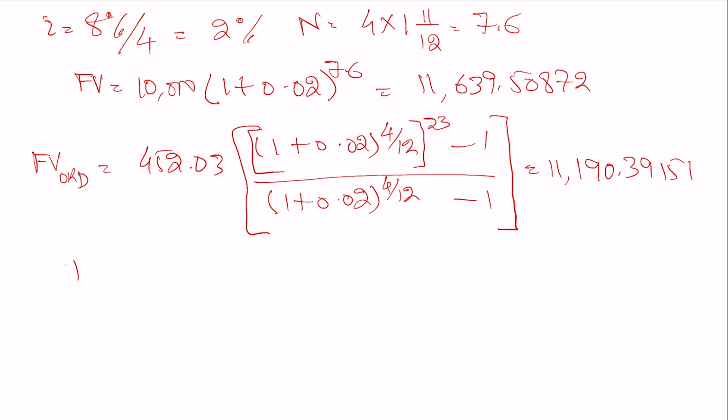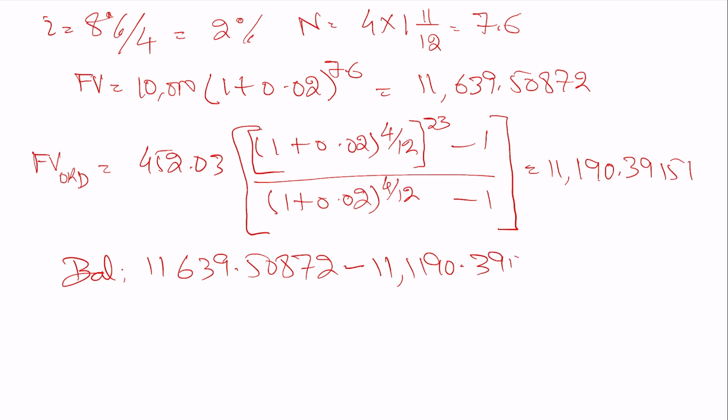So the balance based on this is 11,639.50872 minus 11,190.39151. If we apply this whole, we get 449.117209. And when we want to find out the interest, INT, so 449.117209